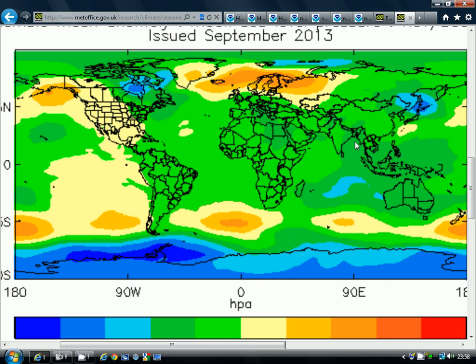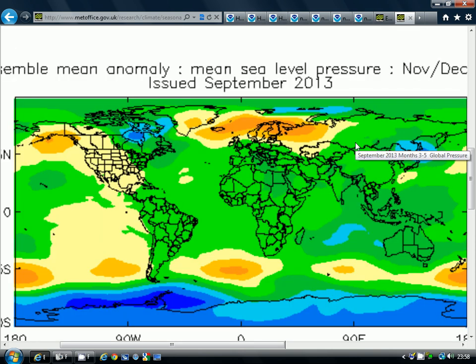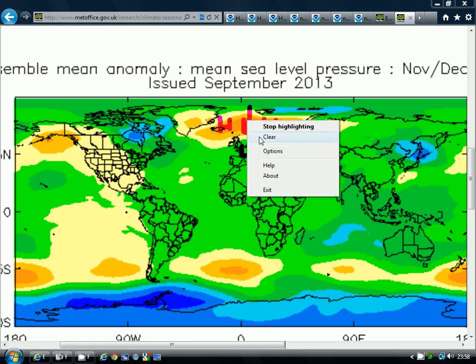The next three monthly period, which takes us from November, December, January, shows that the colours to the north are intensifying. The orange colours have intensified there to the north of the British Isles, stretching from Iceland and going out to the north of Scandinavia as well. That's big blocking there to the north of the country. Below average pressure is moving more to the south of the country. You would expect that to bring down northerly and northeasterly winds, I'm quite sure.